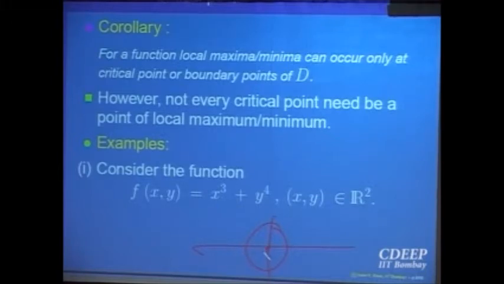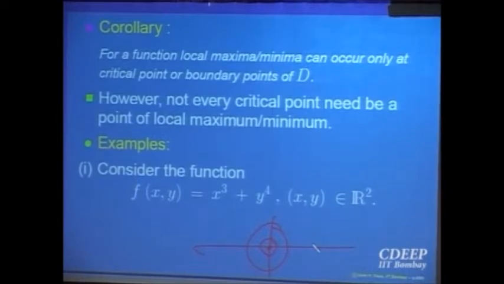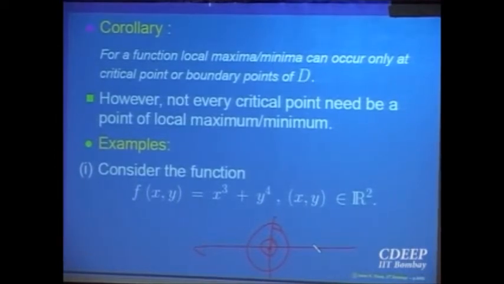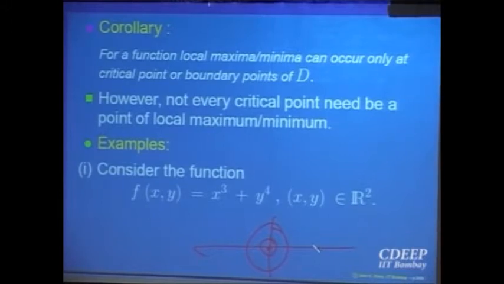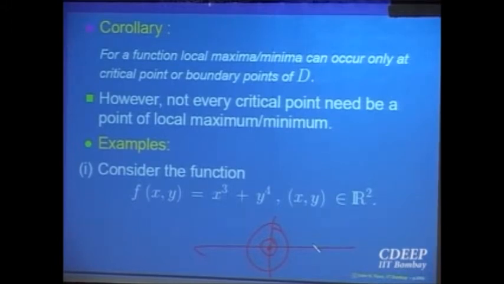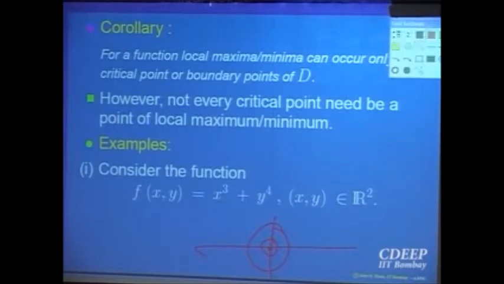And I can go above 0, 0 by taking x to be positive. So at the point 0, 0, howsoever small the neighborhood I take, I can go along the negative x-axis or positive x-axis. The function takes both negative and positive values. The value at 0, 0 is 0. So I can surely say that the point 0, 0 is not a point of local maximum or local minimum, neither of it, right? Because in no neighborhood can I say that the value at 0, 0 is bigger than the value at every point in that neighborhood, or less than or equal to. So that is not a point of local maximum or local minimum.